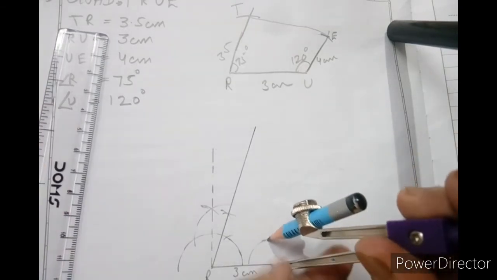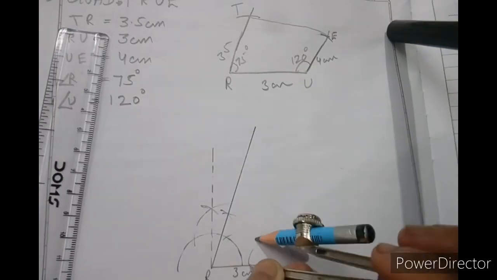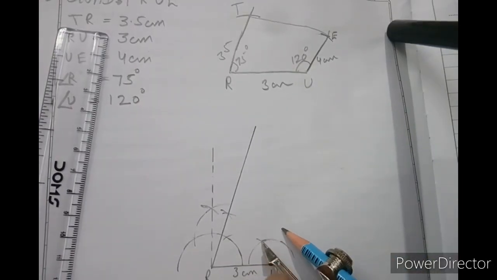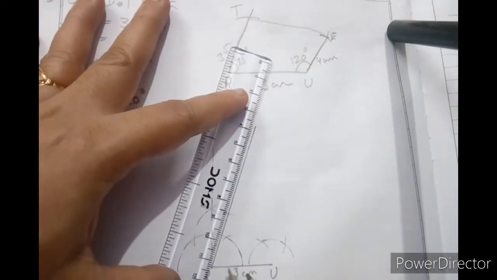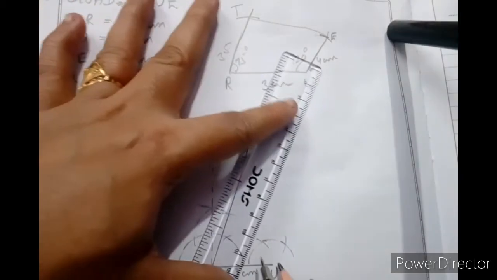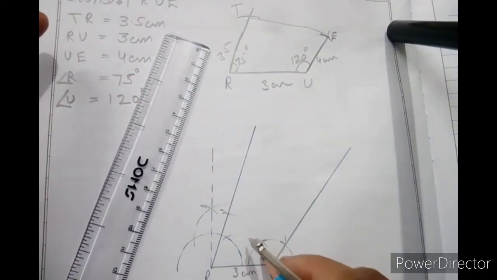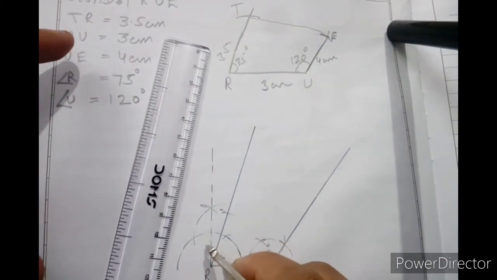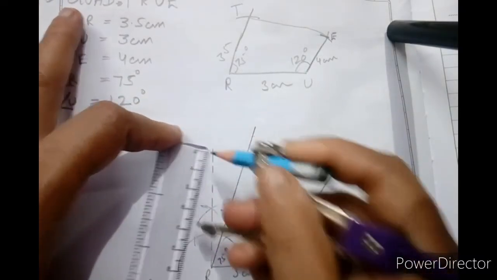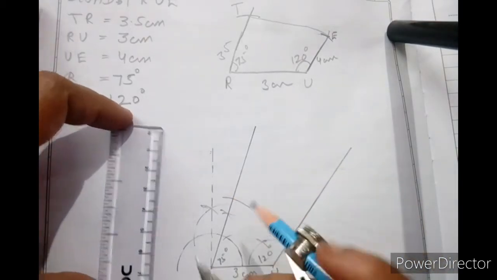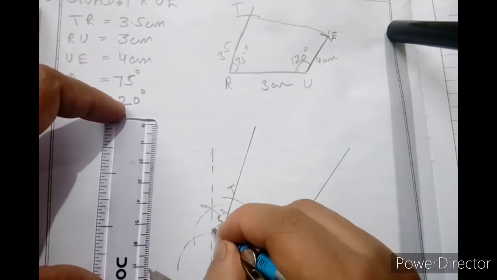The first arc from 0 is of 60 degree and the second arc is of 120 degree. So this is 0, 60, 120. When you pass a line through it from here, this is an angle of 120. This you have drawn 75 degree. Take 3.5 and from the arc cut it, you will get T, and this is 3.5.